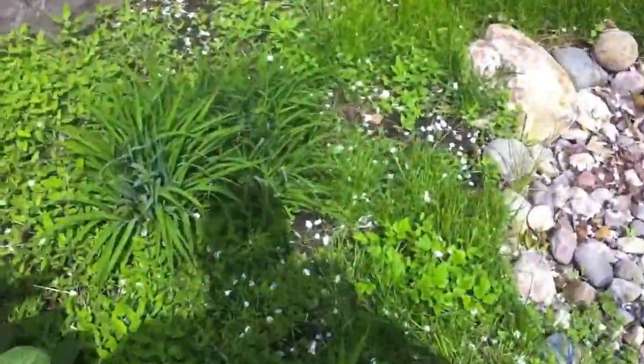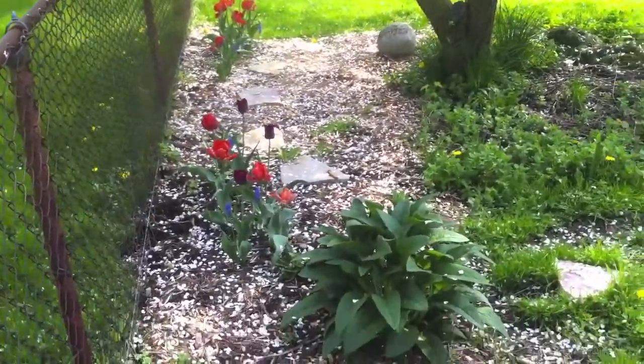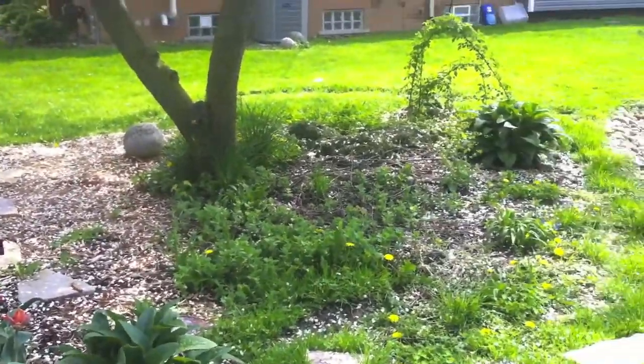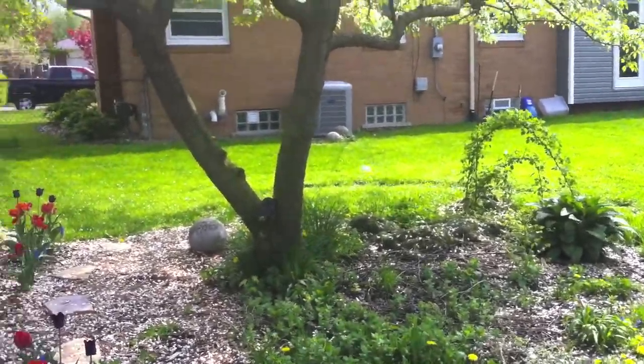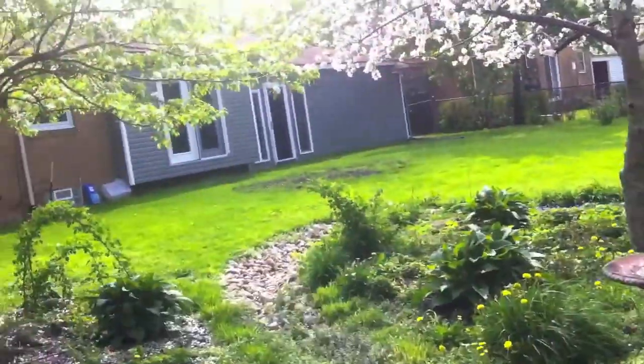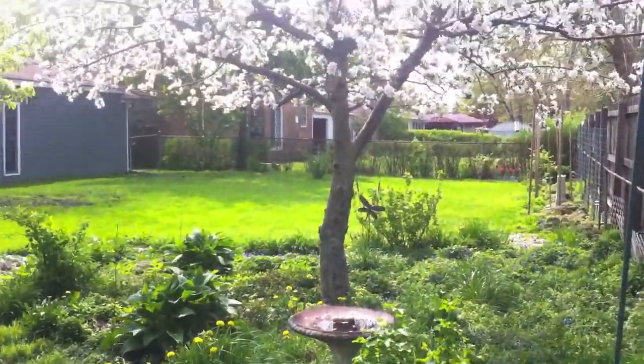See if I can get a view from back here for you, kind of show you the beds. Some tulips that Deb put in. There's apple mint out in there from the tree. The chives around the pear tree came back. The chives died off around the apple tree this year. They were there for 2 years, and now they're gone. But